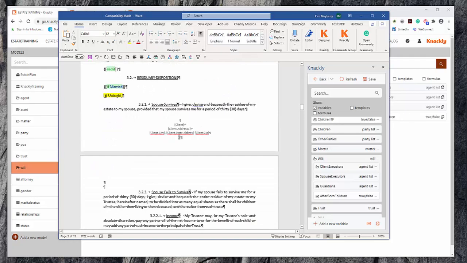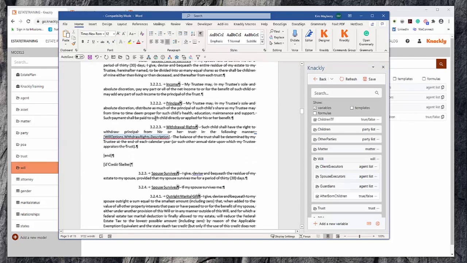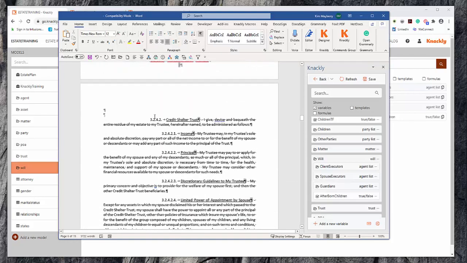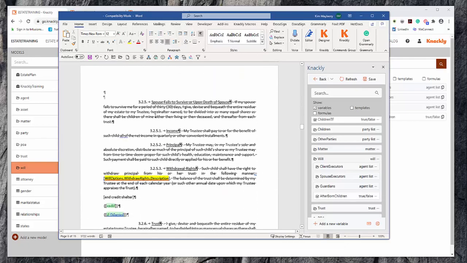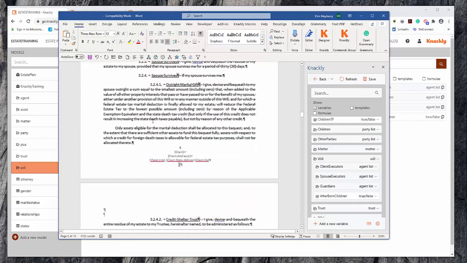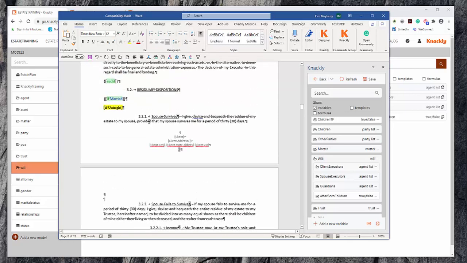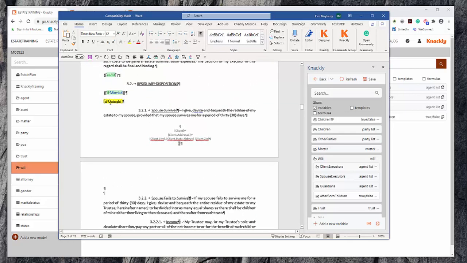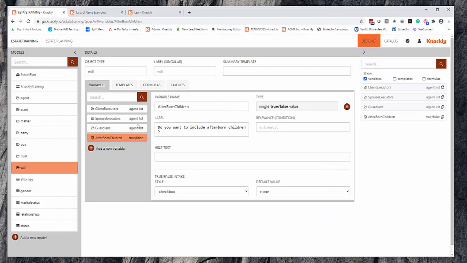All right, so if I want outright, or in this case, I have two options. I have outright or I have credit shelter. I have two approaches I could take to this. I've shown you the if statement before, so I could do an if outright and then do a true false based on that, and then do an if a true false based on it being credit shelter. But in this case, I want to do it as a selection because I really want it to be either or. I'm going to go in to will,